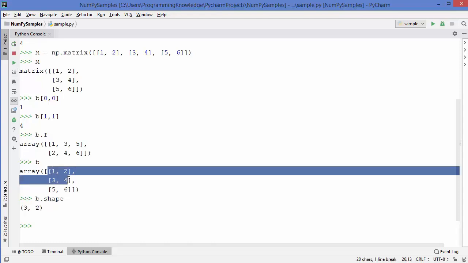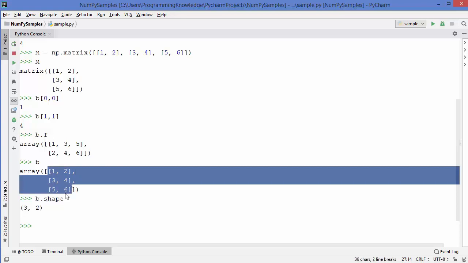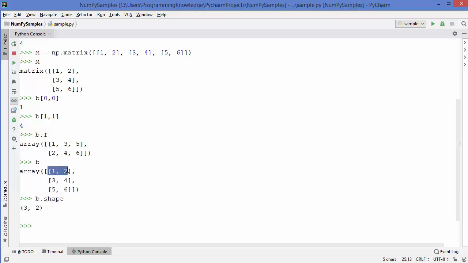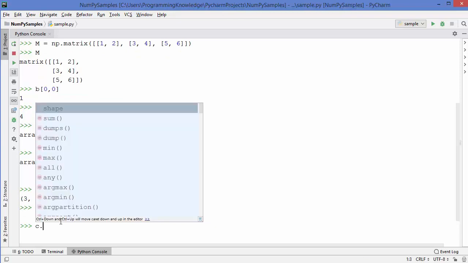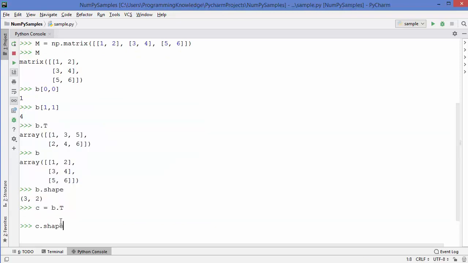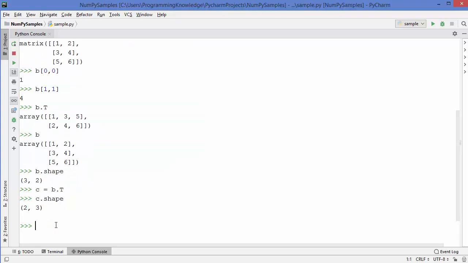So this array has 3 rows and 2 columns: 1 row, 2 row and 3 row, and the number of columns is 1 and 2. Now let's say we want to transfer the transpose of b into a new variable. So I'm going to just write b.T and assign it to c, and now we want to see the shape of this c NumPy array. It's going to give us this result, which is 2, 3,